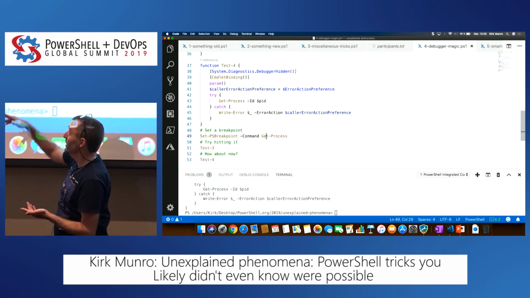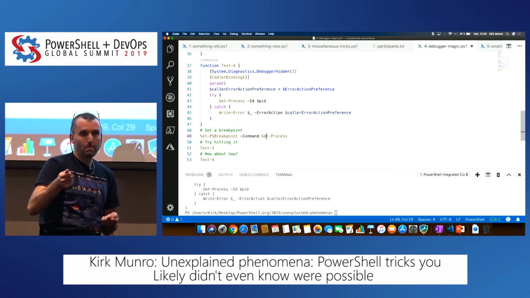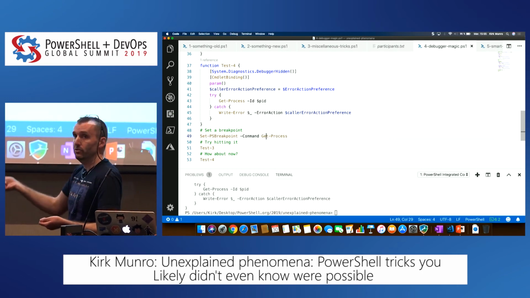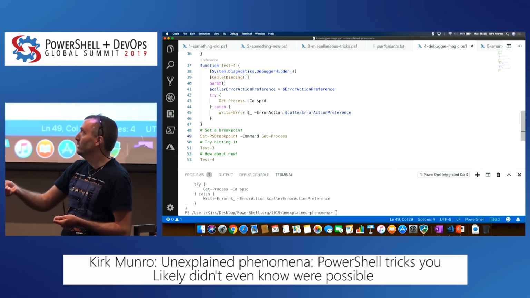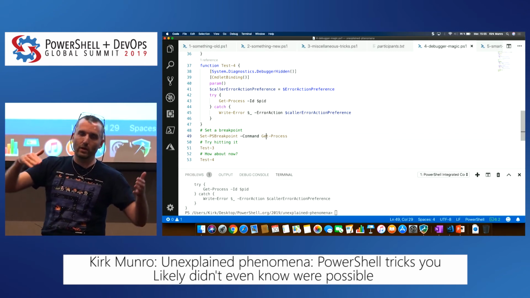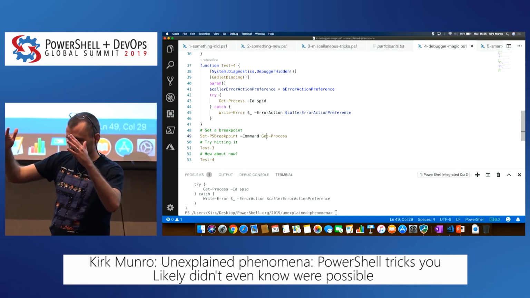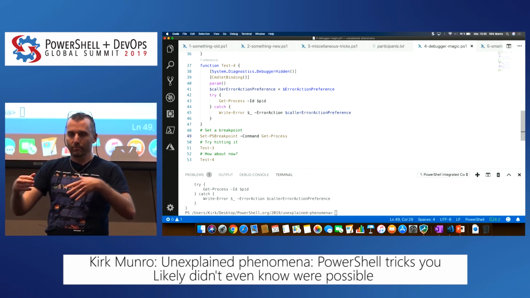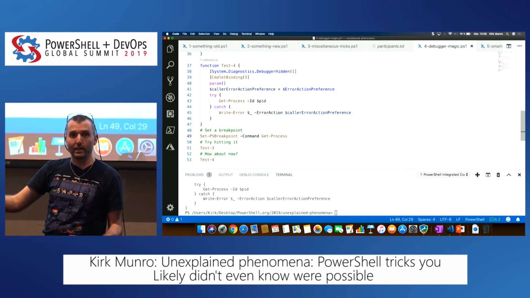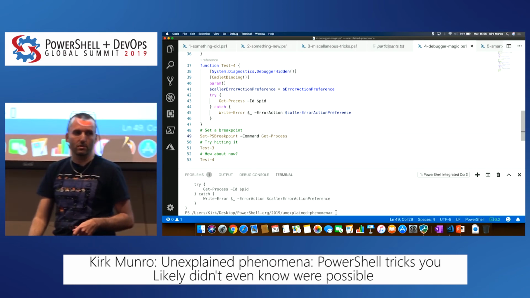If you set a breakpoint on a command, the moment that command is invoked, doesn't matter what scope, doesn't matter how far down the call stack it is, PowerShell will enter the debugger at that command invocation, which is very useful if you know a certain command is failing. So I talked about what's coming in PowerShell 7 with error action break. But if you also know you're running some big script that goes through several layers, and when you get into the weeds, it actually calls Get-Process, and Get-Process happens to be failing, you can try to get yourself to the error faster by setting a command breakpoint. And so I use those on a regular basis.